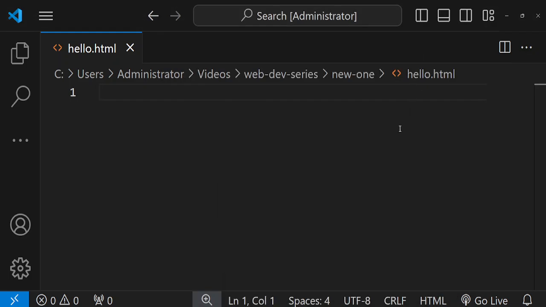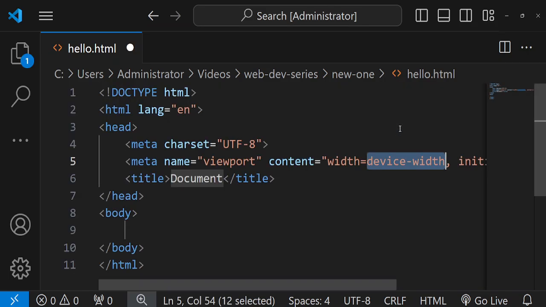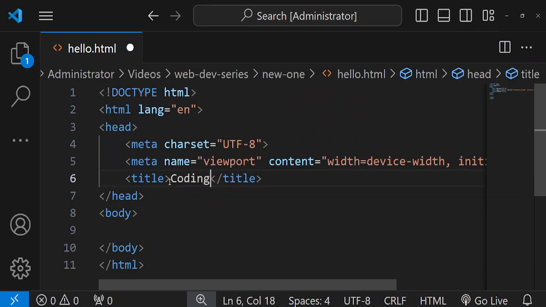So today we're going to be creating a simple layout with CSS. So let's get started with our code. First of all, we're going to be making our boilerplate and we're going to be changing our title. Our title we're going to be changing as coding